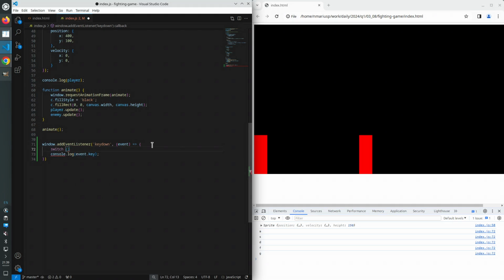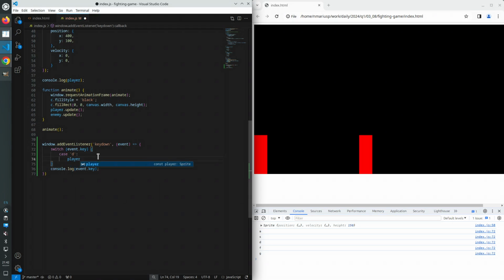On a string, a character, event dot key. So we're switching on event dot key. And in case D, which means move right,